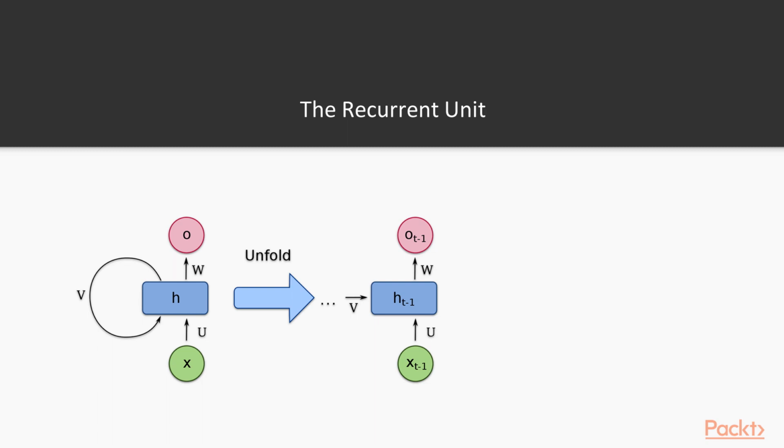So we have x of t minus 1 goes in to our node, h of t minus 1, which is our activation, and it produces some output, o t minus 1. At the next time step, time t, we input the input of x of t, and we get an activation of h of t, and we produce an output of o of t. And what we do is we feed in the output from the previous time step into this,